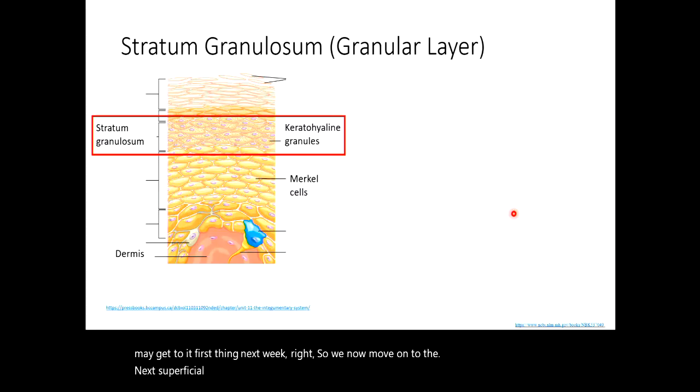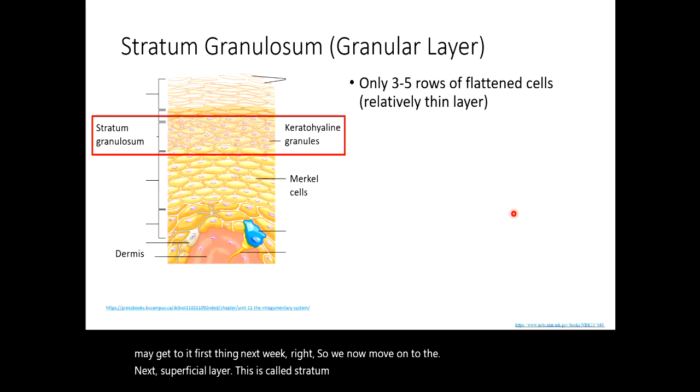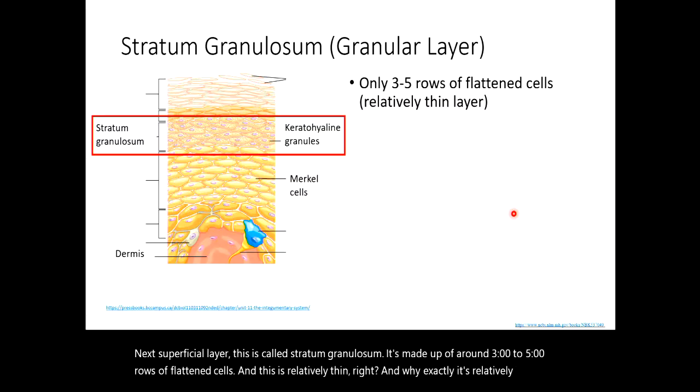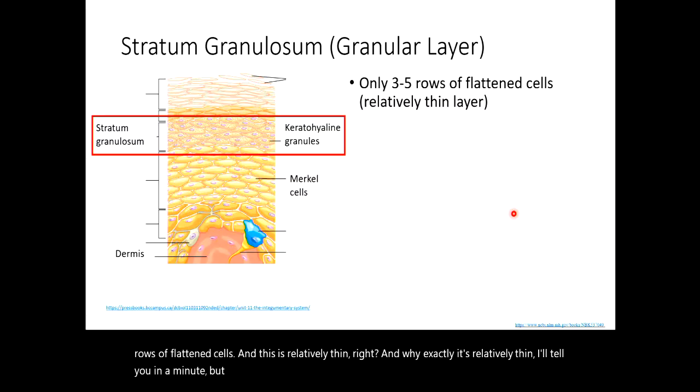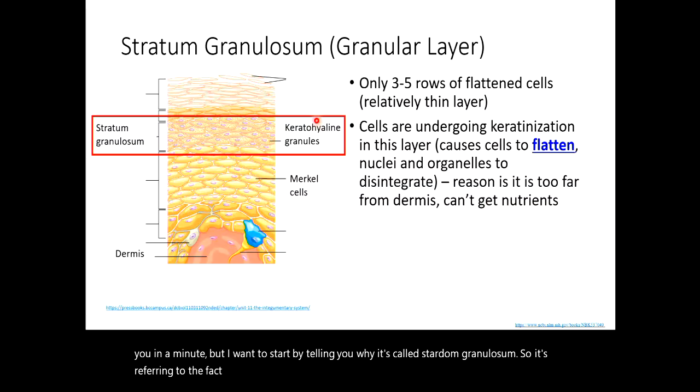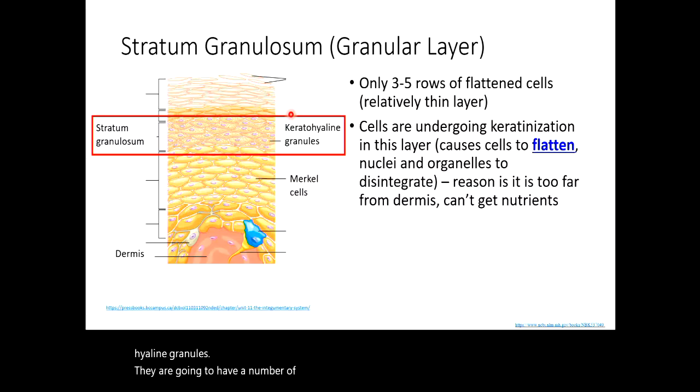This is called stratum granulosum. It's made up of around 3 to 5 rows of flattened cells, and this is relatively thin, right? Why exactly it's relatively thin, I'll tell you in a minute, but I want to start by telling you why it's called stratum granulosum. It's referring to the fact that these cells have keratohyalin granules in them. These keratohyalin granules are going to have a number of functions, and we'll get to it in a second, but let me tell you